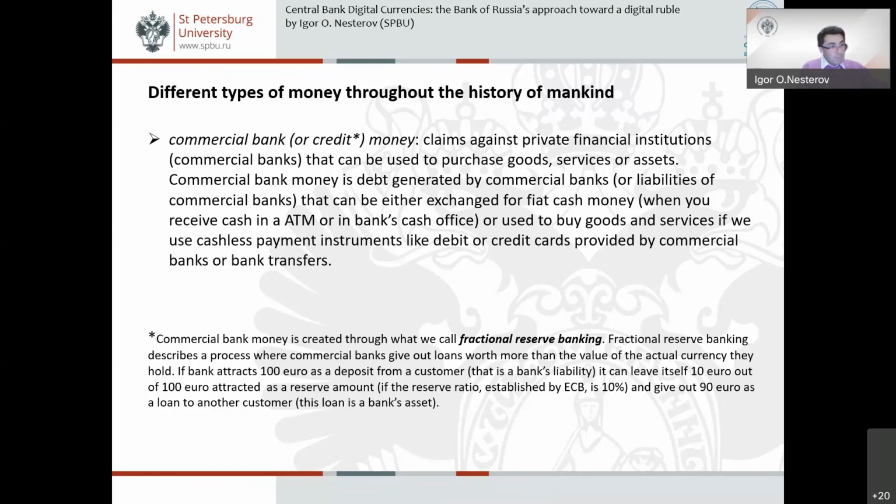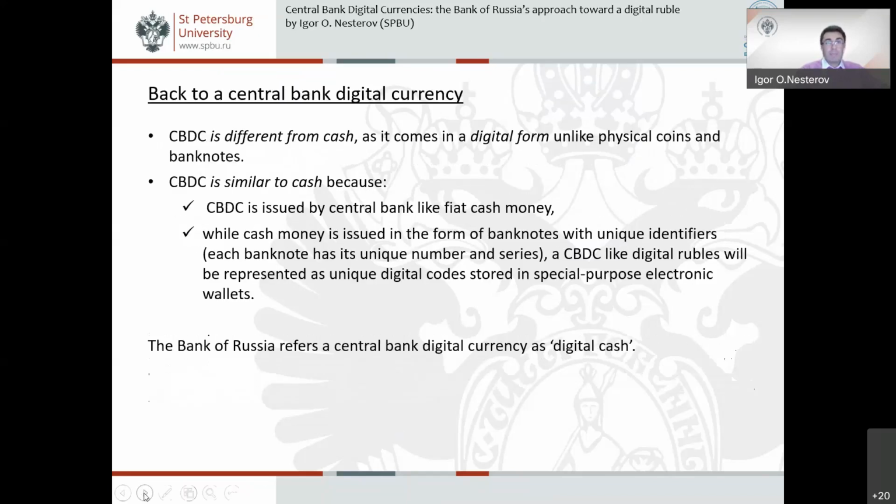So, turning back to central bank digital currencies, we can make the following important statement. CBDC is different from cash, as it comes in a digital form unlike physical coins and banknotes. So CBDC is a digital form of money. At the same time, CBDC is similar to cash because, first, CBDC is issued by the central bank like fiat cash money, like coins and banknotes. And the second